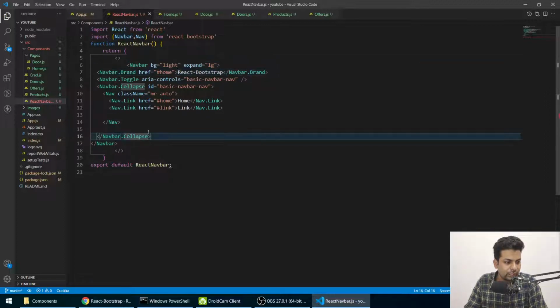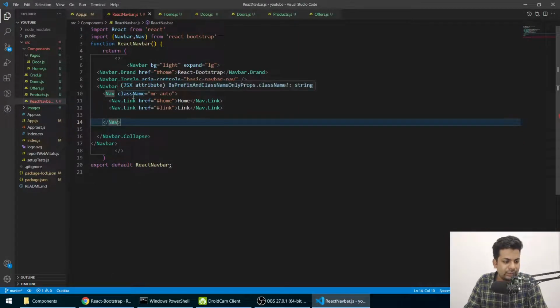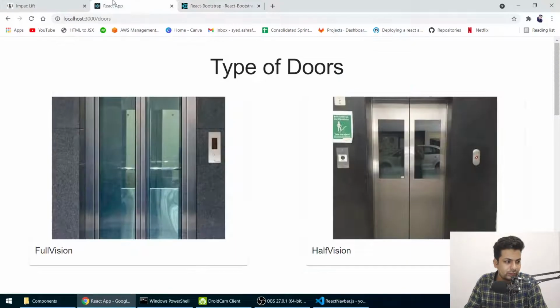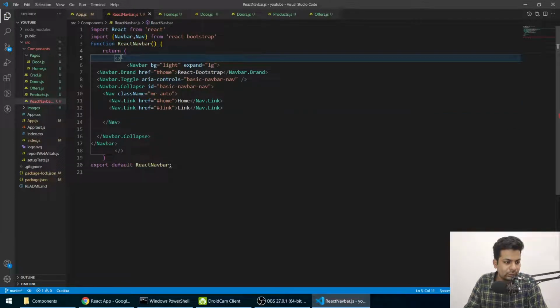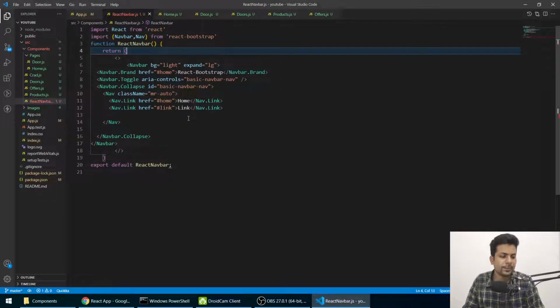Navbar dot collapse nav. Why is there some error? I think so. There is some error. Closing, return. I mean, how can I know? Let's just use this navbar and we'll know.